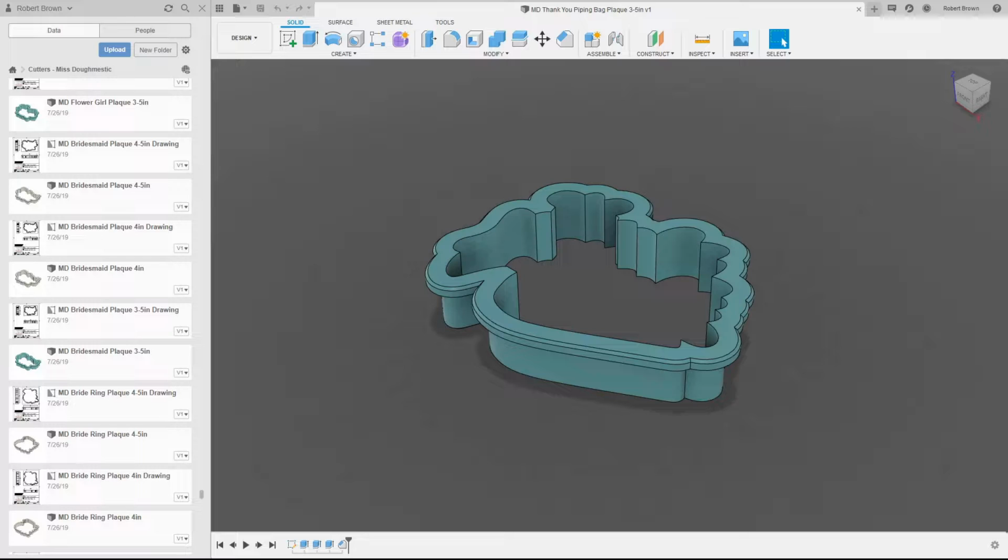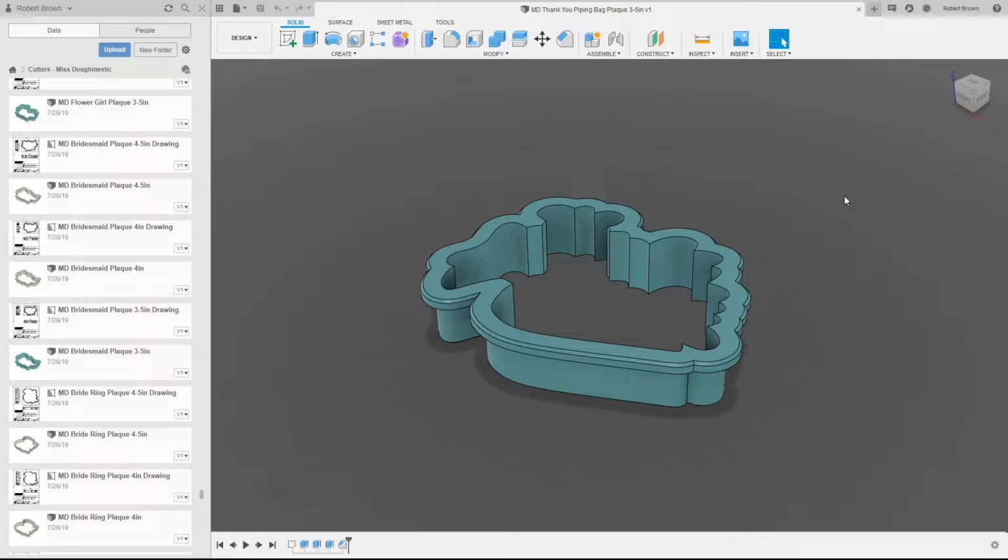So here's our basic cutter in Fusion 360. Looking at our cutter here, you will notice that our viewing angle is from the top and it's based in the lower left-hand corner of the model. You'll notice the handle is at the top, so this will create a little bit of an issue when we import the model into the slicing software. Basically, we will need to rotate the model 180 degrees around the Z-axis to get this portion on the bottom